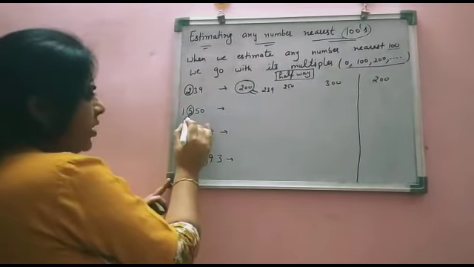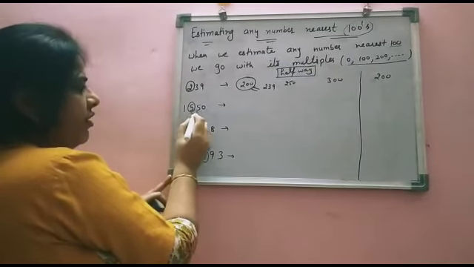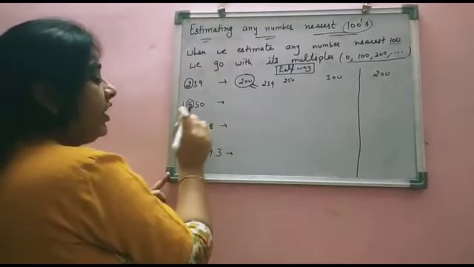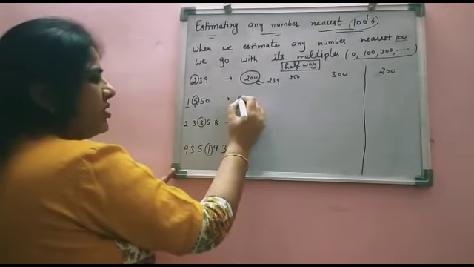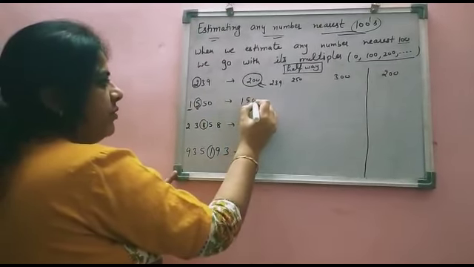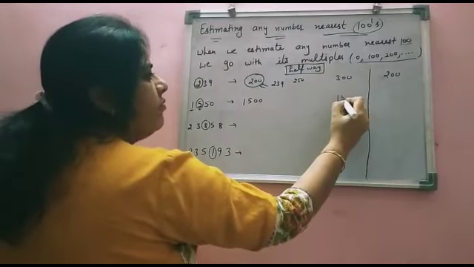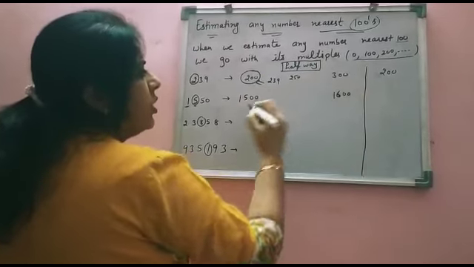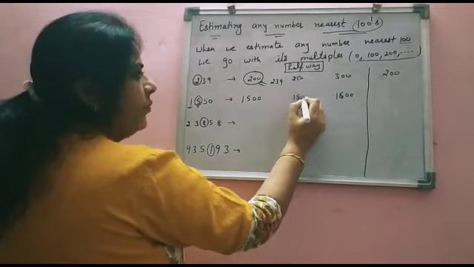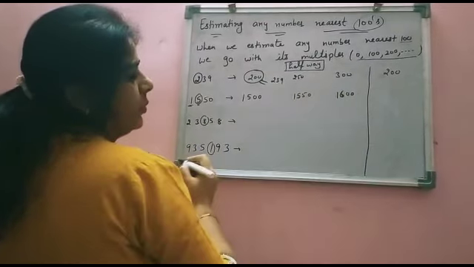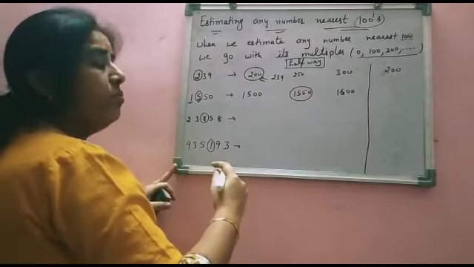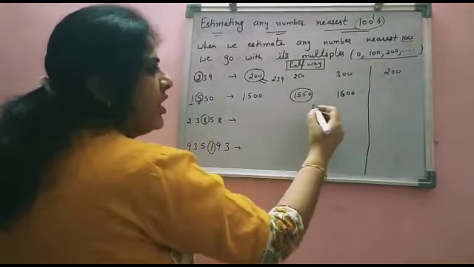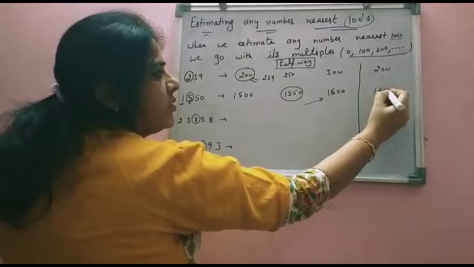Now this number, the hundreds place is 5. So 550 lies between 500 and 600. It means this will remain the same. So this lies between 1500 and 1600. What is the halfway? 1550. The number itself is the halfway. As we know, we will go with the next. It means the answer would be this.